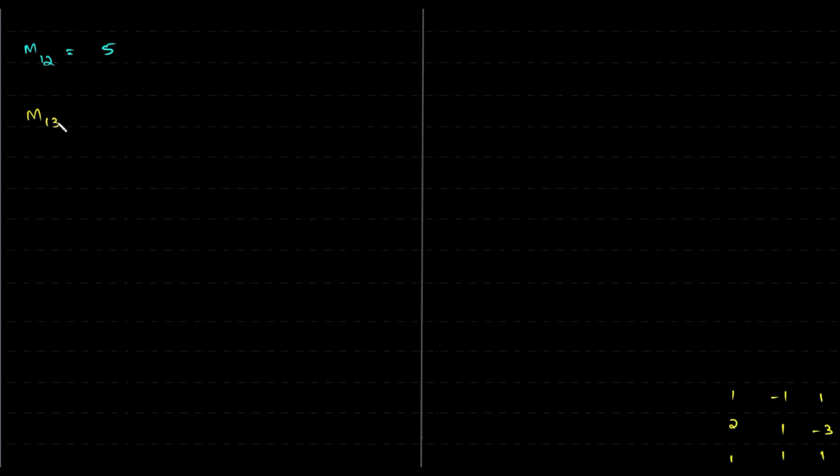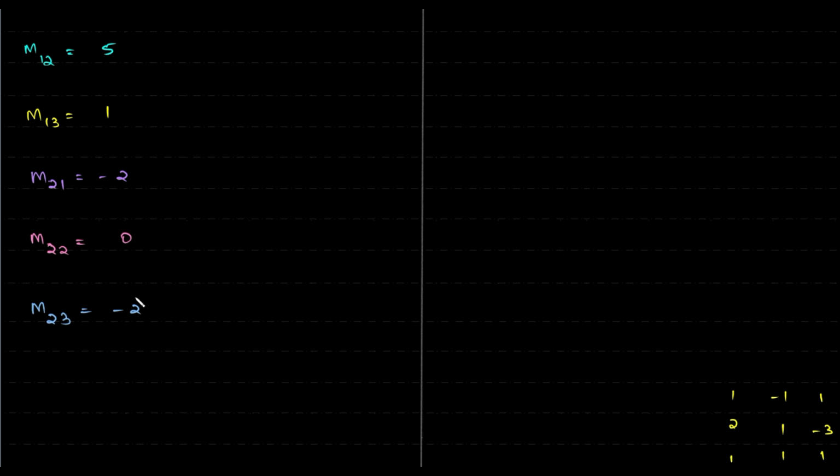Then M13, that would be 2 and 1, that is 1. M21, this and this eliminated, so minus 2. Then M22, this would be 2, 2, so clearly 0. M23, this and this, so minus 2,